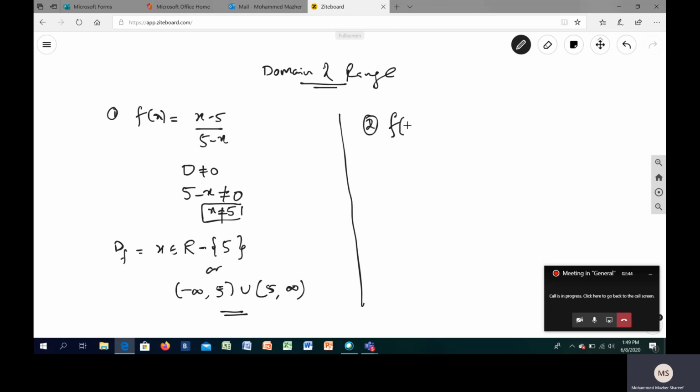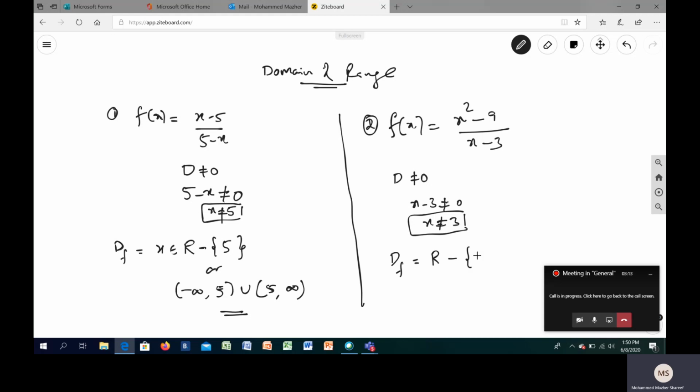Question number 2, f of x is equal to x square minus 9 by x minus 3. As I said, whenever we have a quadratic, for the domain it's pretty simple. Whenever we find the domain, check for what value of x the denominator becomes 0. So it is nothing but x should not be equal to positive 3. So my domain of the function is very easy. X belongs to all real except plus 3. In the form of interval, as I've already shown you, you can put it simply now,